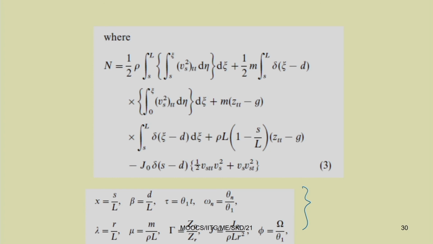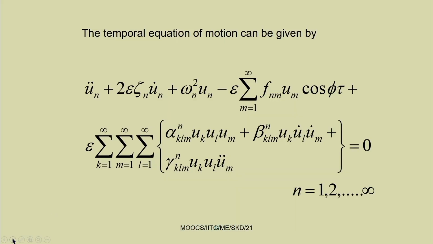L, tau equal to theta 1 t. In the last class also I told you how to use this non-dimensional time parameter. So, tau is the non-dimensional time parameter, which is written here as theta 1 t. Theta 1 is nothing but the coefficient of the linear term, that is q. This way, by taking all these parameters, one can get this temporal equation of motion by applying this